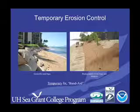So we also have what we call temporary erosion control. These are your sandbags, and over here these biodegradable bags and blankets. These are really just a Band-Aid fix, considered temporary until a more, quote-unquote, permanent solution can be found. And while they can work for some time, like if they're really temporary, for example put in when the beach is seasonally really low and then taken out in the summertime to allow the beach to be brought back, that can work. But I think in practice what occurs is they get put in and they get left in,